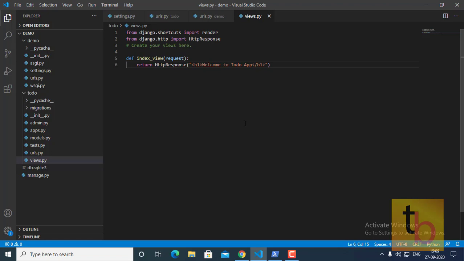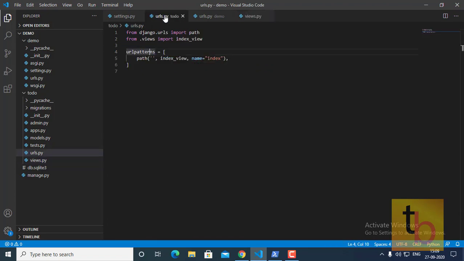Currently I have created one demo project, and we will see all the to-do app CRUD operations for this Jinja 2 templating. I have created one project called demo, and inside of that I have created one app called to-do. If you don't know how to create a project and app, you can view my earlier video. Currently I have created one index view function which is bound in the URL of to-do.